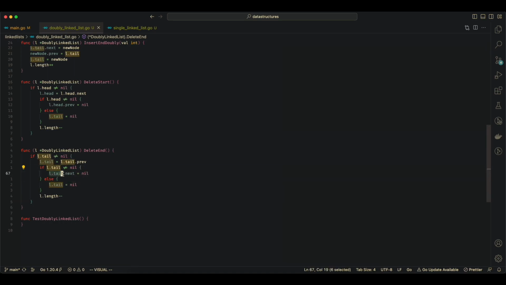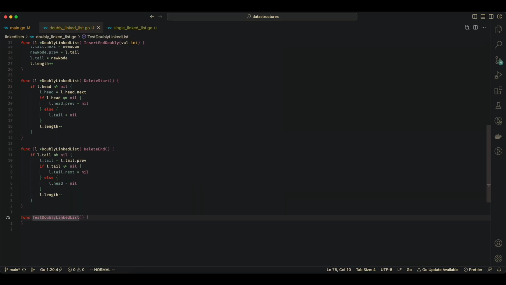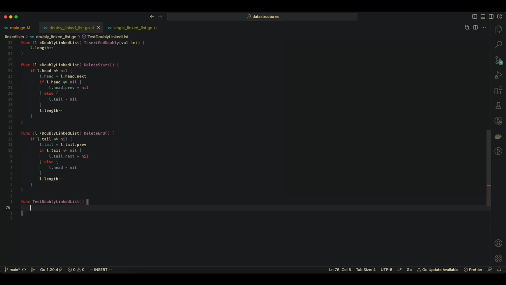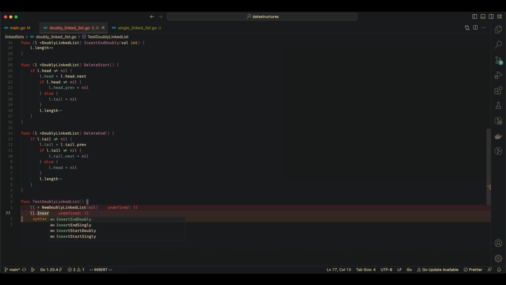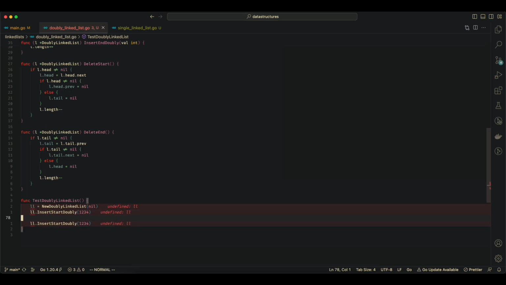And if there is a tail, then we enter this part of the code and we set the next to nil. If there is no tail, then we need to set the head as well to nil and we decrement our length. And we can write our test function. So we'll create a linked list, which will be a new doubly linked list. We'll just start with nil. We will insert at the start of the doubly linked list. We will insert 1, 2, 3, 4. All right,